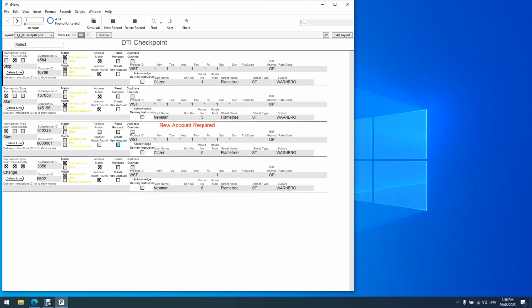In the event that it has found the subscription, we will receive a red error message saying the subscription has already been started. You would need to investigate the client or the subscriber account to ascertain whether that is correct or whether it is an error that needs to be corrected. Our third transaction here is a start, but it cannot find any account, so this is a new account. What we will do is click this blue box here that says create new account, and the error